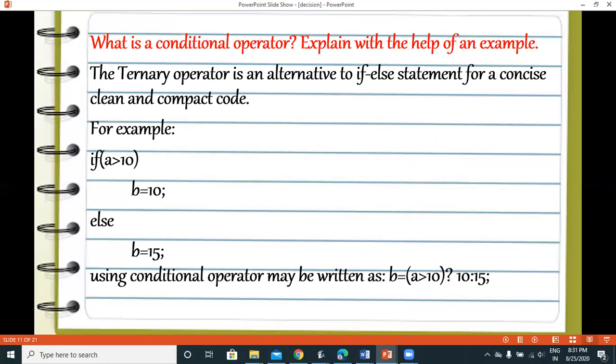B equals, using the ternary operator, we first put the condition a greater than 10 within brackets. The question mark means if it is true, then b equals 10, and the colon means else, then b equals 15, and then the semicolon.